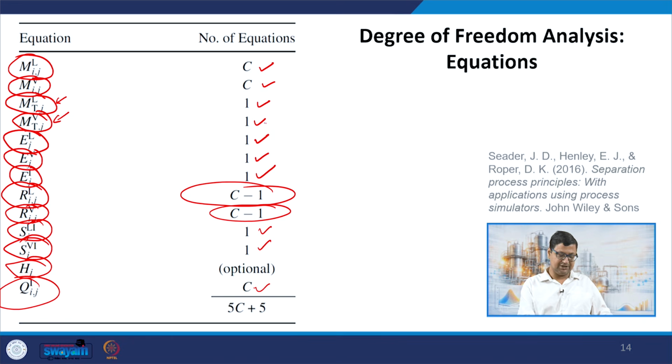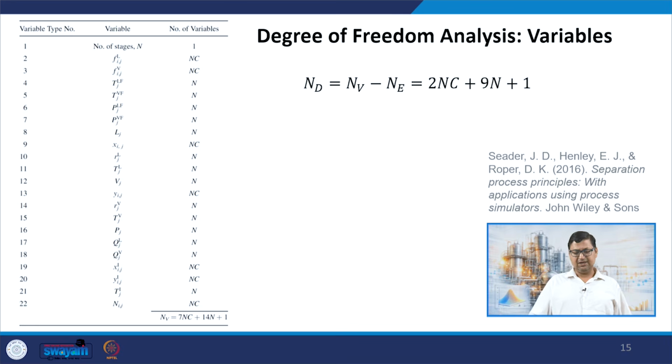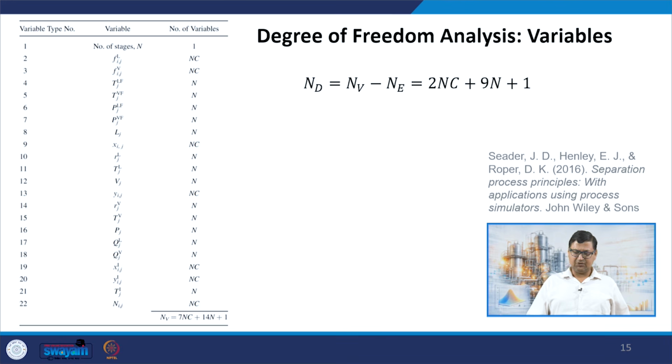So, I am not counting the hydraulic equation. In case we are considering it, then we are going to have one extra equation coming here. Okay, I am sorry, I think it has to be n equations, one for every stage, if we consider the hydraulic one. But in total, we are going to have n minus 1 only in the cascade. Okay. So, we can also count the